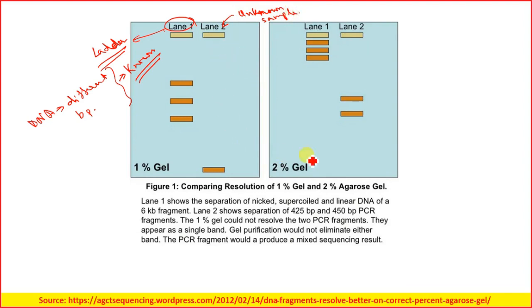Okay, so in this case, this is just an example. If you see, when a 1% gel was used, in the unknown sample it has a higher migration rate as compared to the ladder. So it has a smaller size, no doubt. However, when a 1% gel was used, there was no resolution of the two components which were present within this gel component.